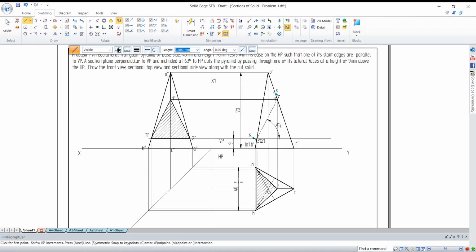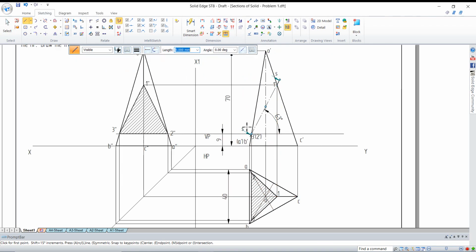Now how to draw a true shape? To draw a true shape, go to the construction line again, because this is the shape which is visible from the top side, but actually the size of this triangle is different, so that is called the true shape. So to draw a true shape, first draw a construction line.